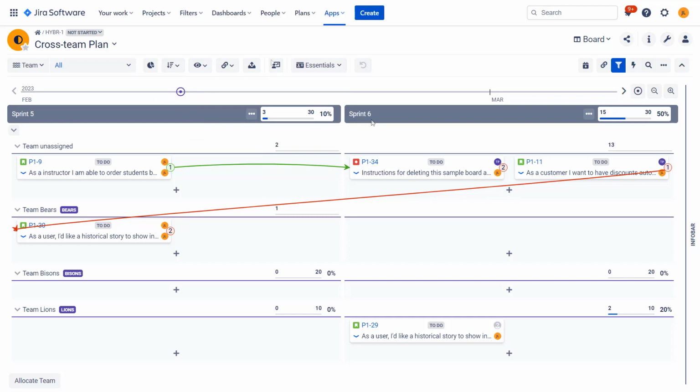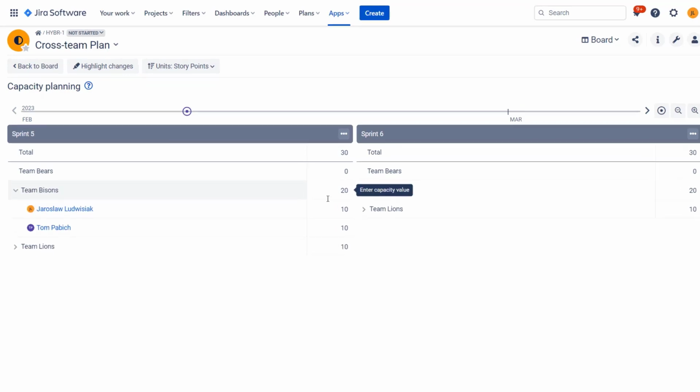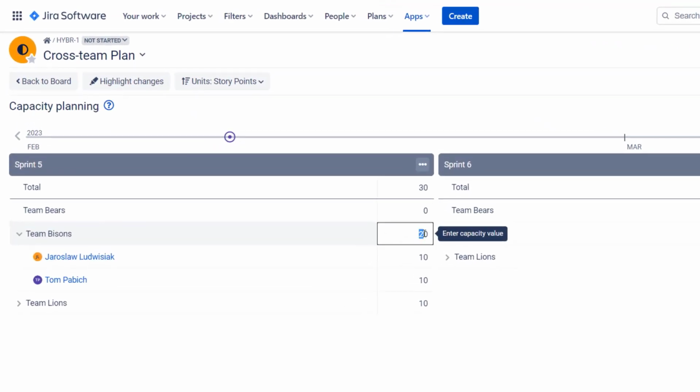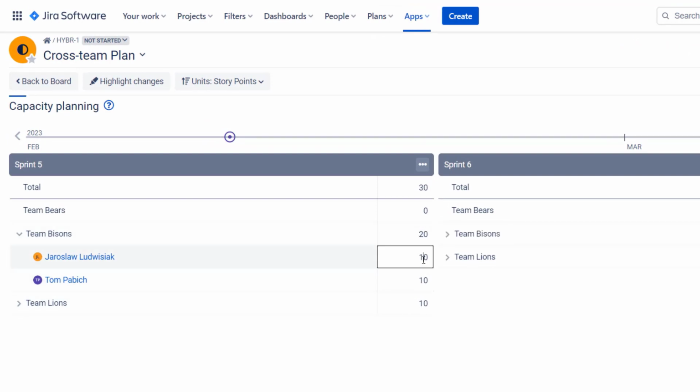resource management. Okay, I've shown you that we can edit capacity over here, but there is also a more advanced way of manually editing that. We can enter here to change capacity, and again, we can edit this on the team level, or we could edit this on individual